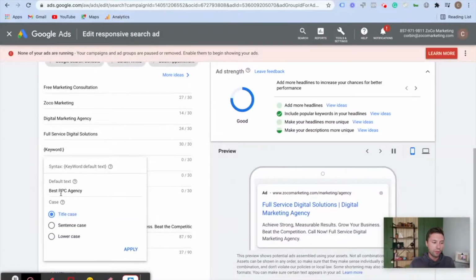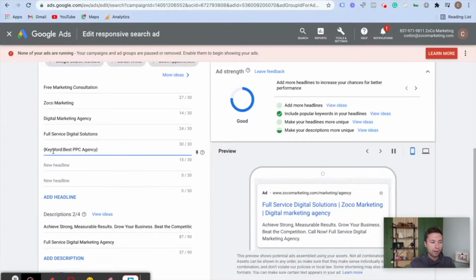And what that means is every word is capitalized in between. As you can see here, it is like that, or you can do sentence case or lowercase. Best practice for me is I always like to do title case. So we can put that there. And if for whatever reason that keyword is too long or doesn't fit in there, then it will show best